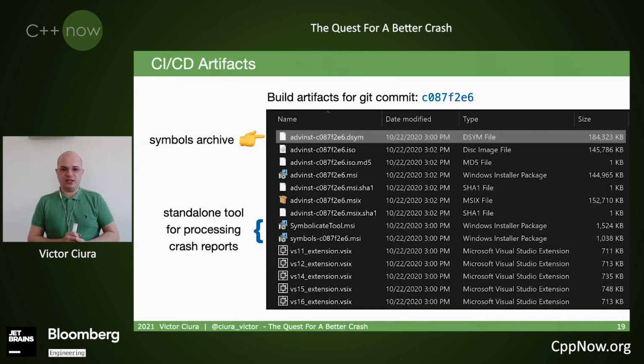For example, let's say we have a particular commit there, with that highlighted hash, and we have a symbols archive that we need for this particular build and this particular commit. And we also have the standalone tool for processing the crash reports that I mentioned earlier, which is just an installation package for that tool. So basically, the idea is that for each particular build, we need to store the build artifacts associated with that build, because